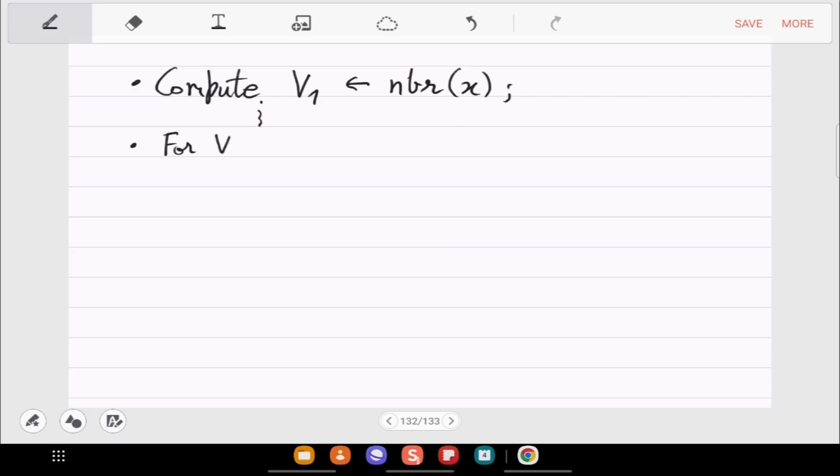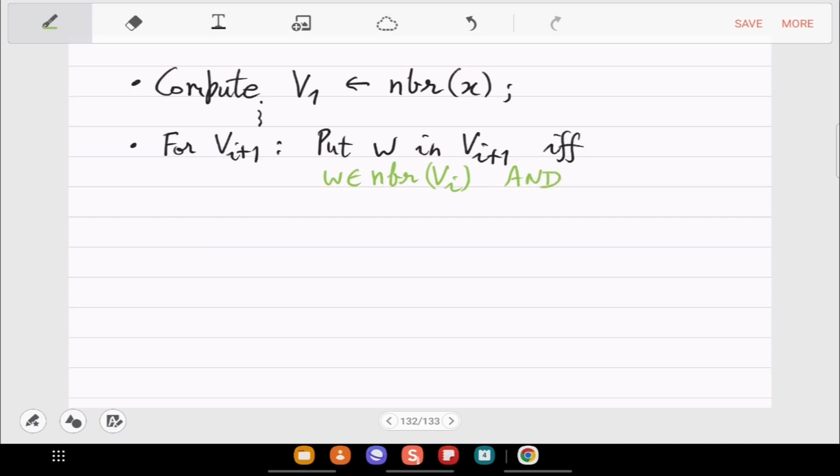So for Vi plus 1, what you do is put W in Vi plus 1 if and only if W is a neighbor of something in Vi, and the distance stored in the temporary array should be infinity.